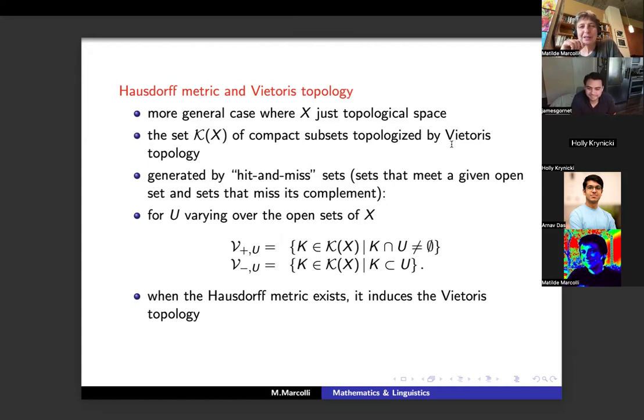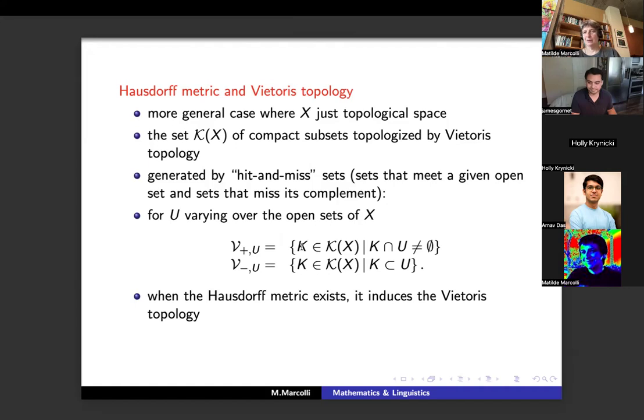It's a topology generated by two classes of sets that tell you how much you meet a given open set and miss its complement. So a certain class of open sets are the ones that don't intersect a certain